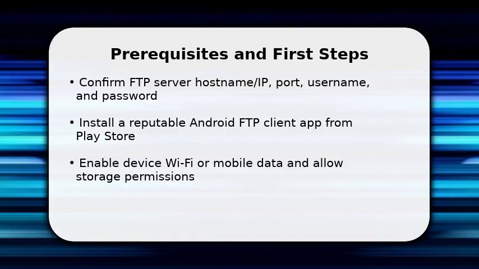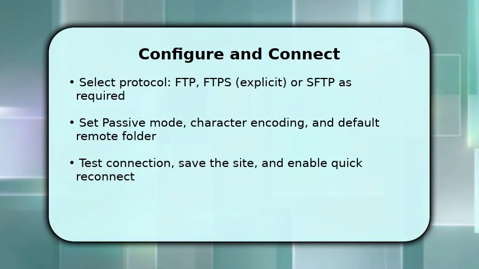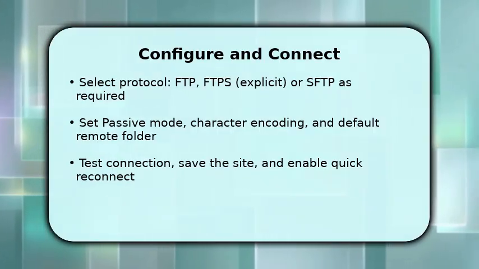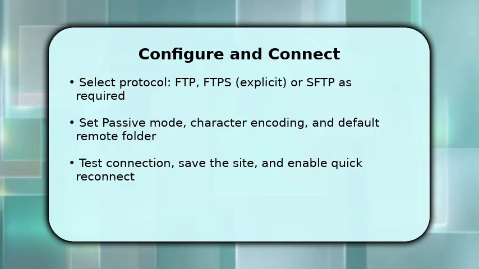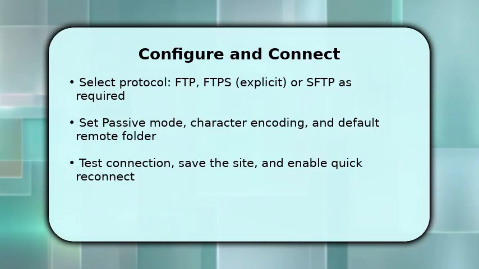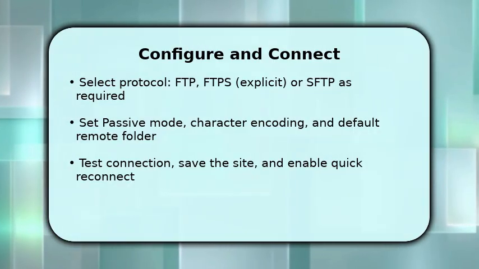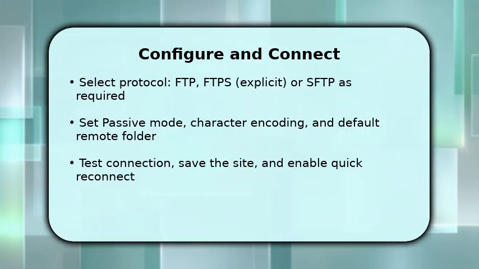You now configure protocol and security. Pick FTP for simple transfers, FTPS for TLS encryption, or SFTP for SSH-based security, depending on your server. Next, set passive mode to avoid NAT problems, choose the correct character encoding, and optionally set a default remote folder